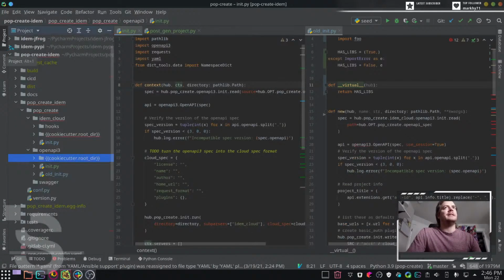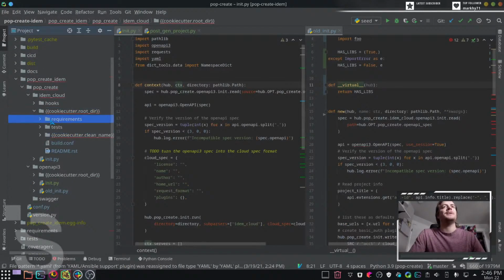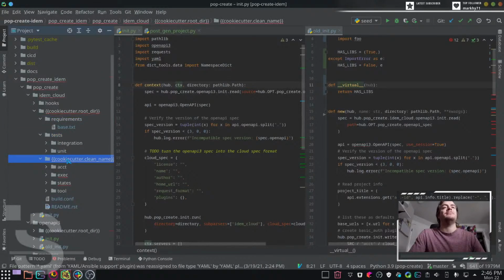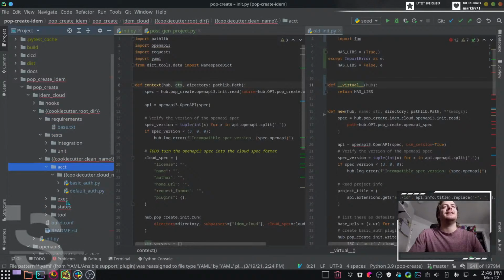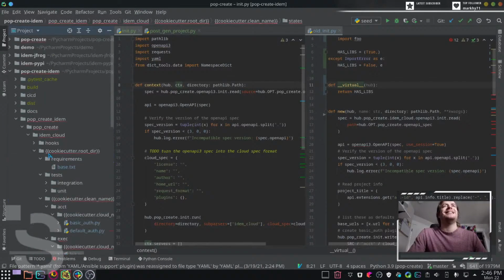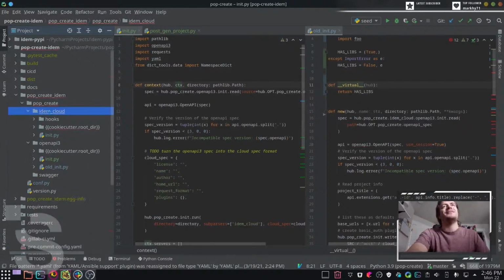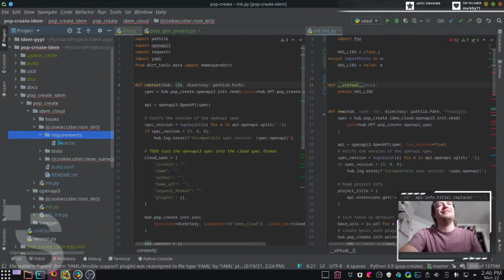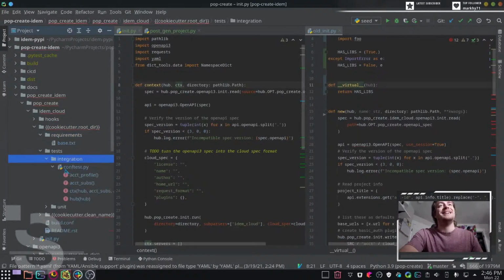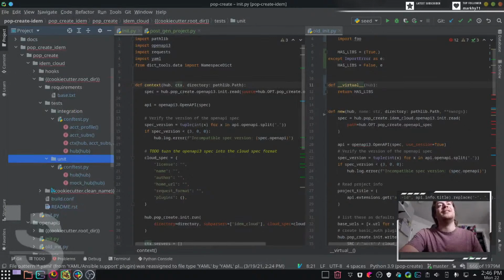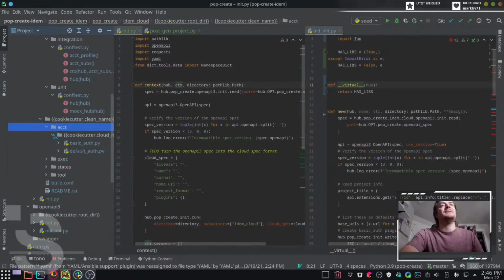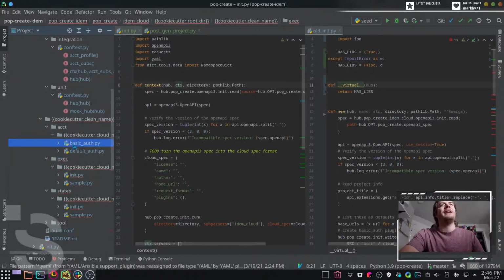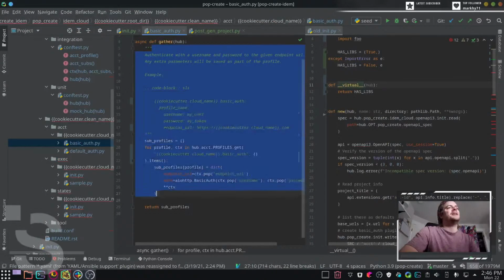And it's that very same logic that you're saying. I also go crazy on templates, and that's why we ended up going to cookie cutter, because this is just a much better templating style than... Yeah, imagine this. Imagine all of this for pop create item cloud without cookie cutter. It was a mess. It was hard to edit, hard to maintain. But now with this, with everything in separate files, it's like, oh, I want to edit basic auth. Now you can come in here, and this is